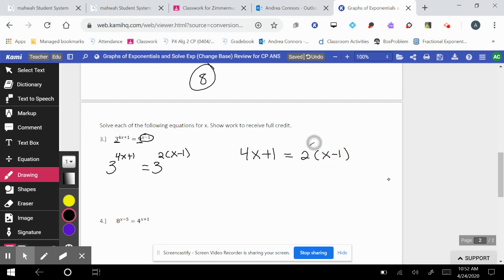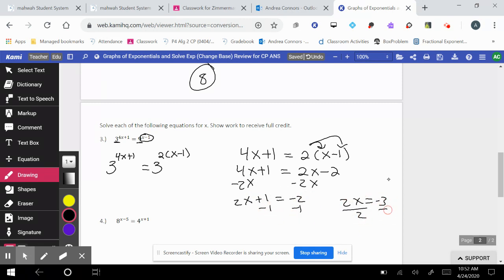And then you solve, distribute, and then solve. And you get x is equal to negative 3 over 2. I'm going to stop here and do another video when